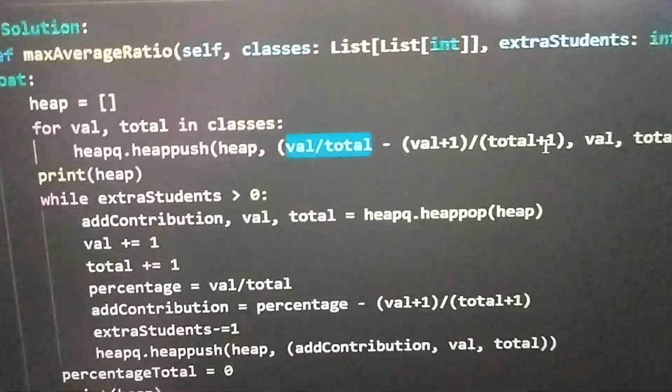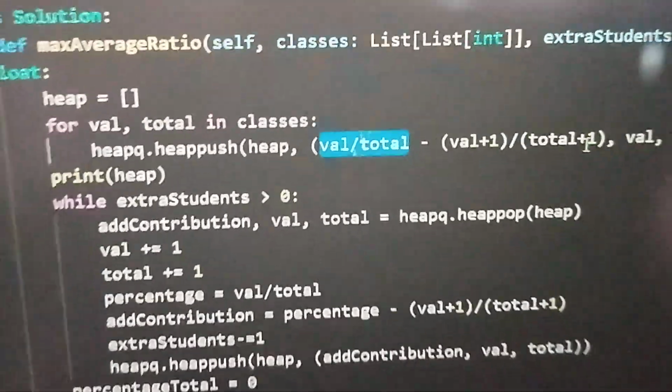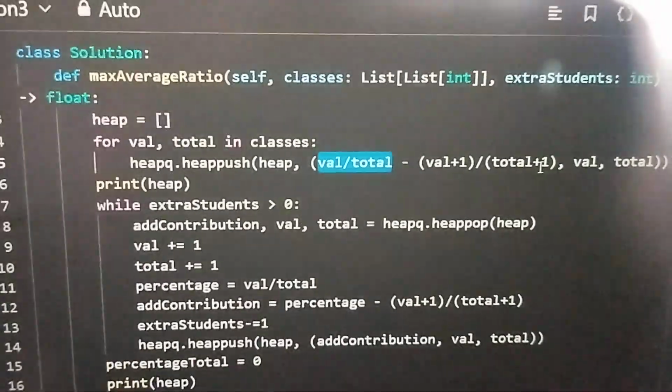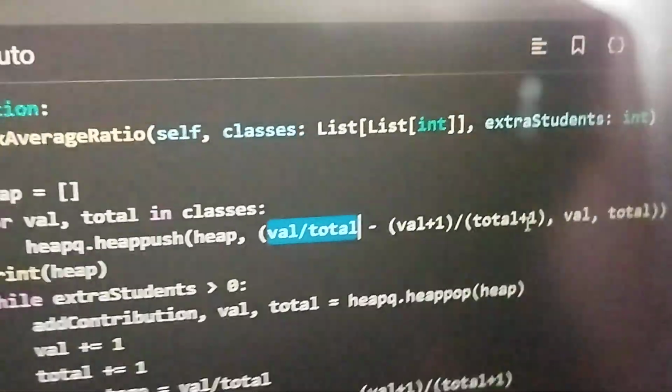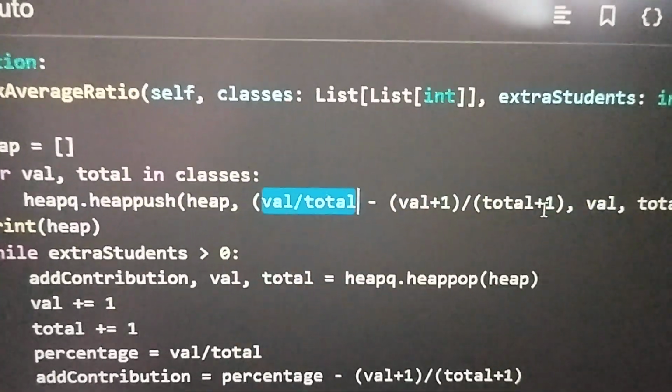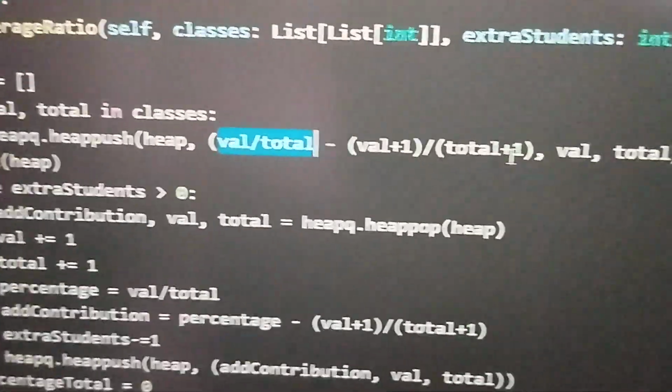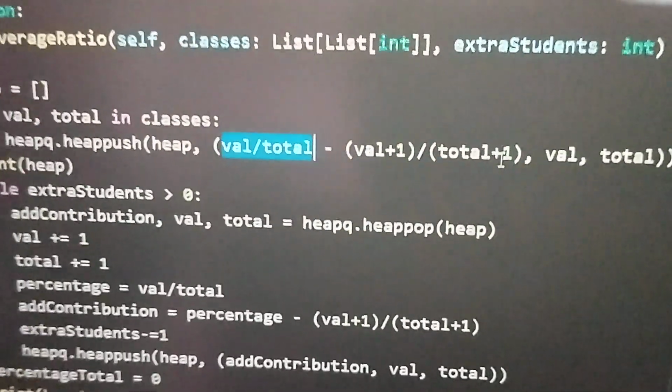So we are taking the difference in terms of negative, because Python's heap data structure is a min heap by default, right? That's why we are taking value divided by total minus value +1 divided by total +1, which will be